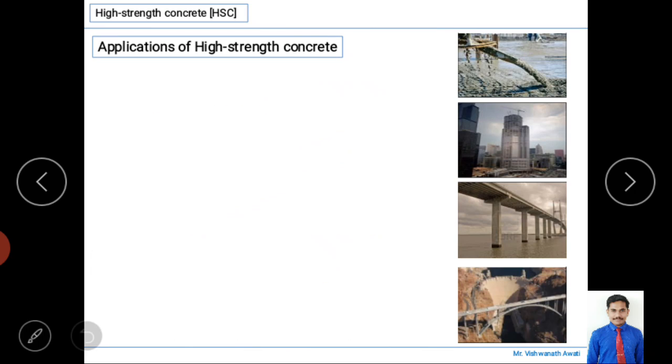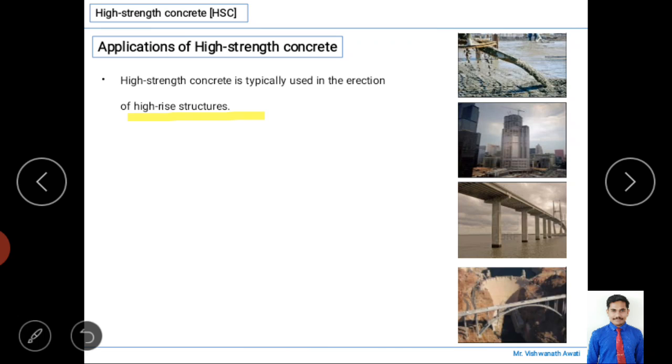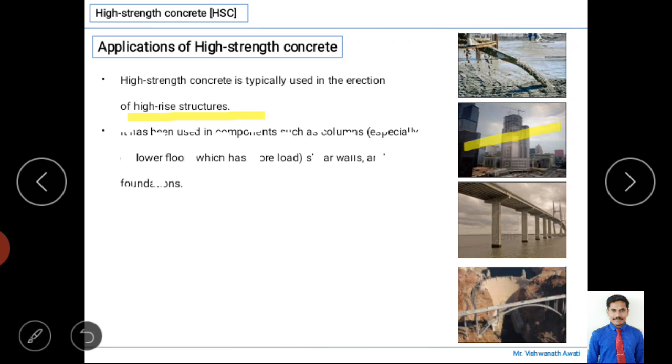So next, applications of high strength concrete. Where exactly are we using it? We are using it in almost all places, but mainly where they prefer to use high strength concrete. High strength concrete is typically used in erection of high rise structures. So the main use is erection of high rise structures. It has also been used in components such as columns, and mainly it is